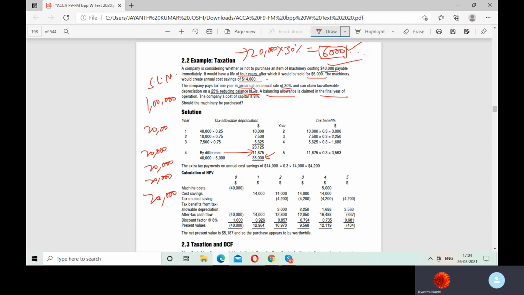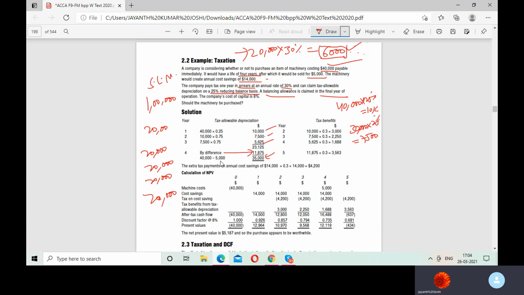So now your 40,000, you can do it this way also. 40,000 at 25% depreciation will be 10,000. Then you can remove 10,000 from 40,000, you'll get 30,000. On 30,000, again you can take 25%, you get 7,500. See, what they have done is different. 40,000 into 25% is 10,000. If you remove that from 40, you'll get 30 again. 25% of 30 is 7,500. Again remove 7,500 from 30,000, you'll get something. Again you should take 25% on that. You'll get these values, correct?